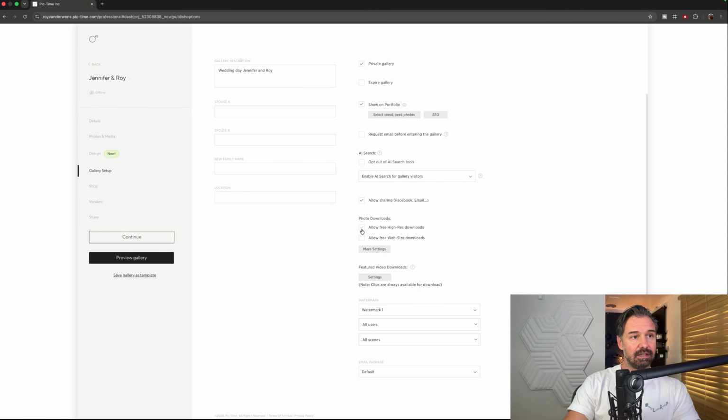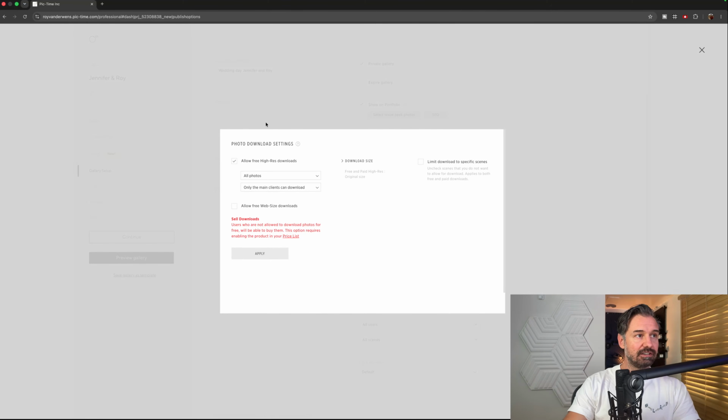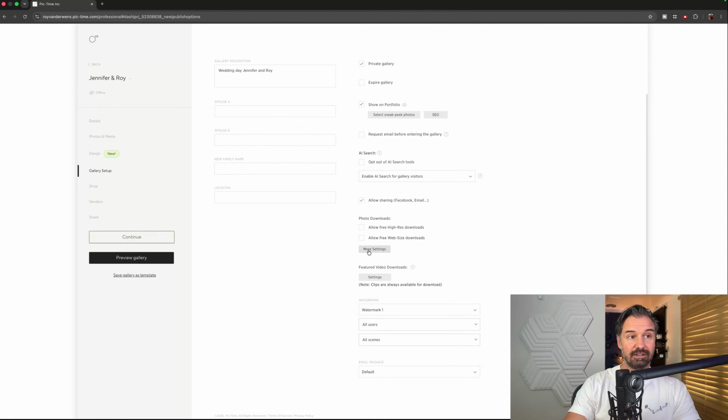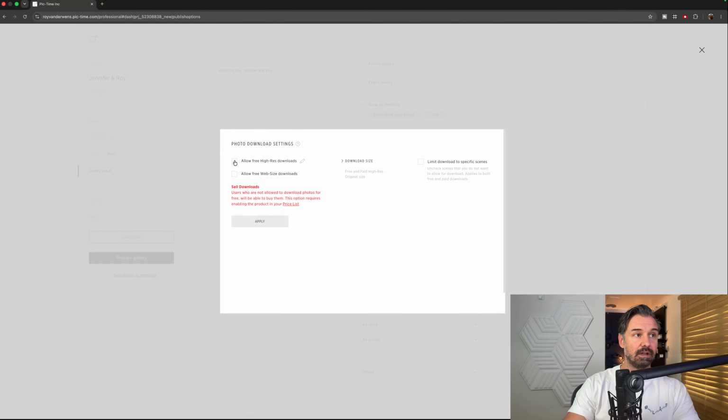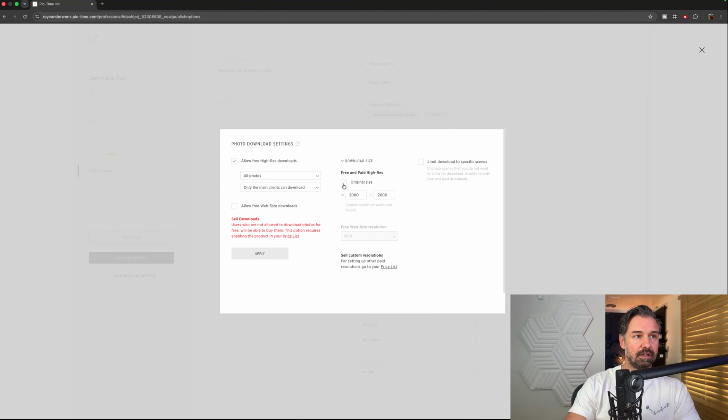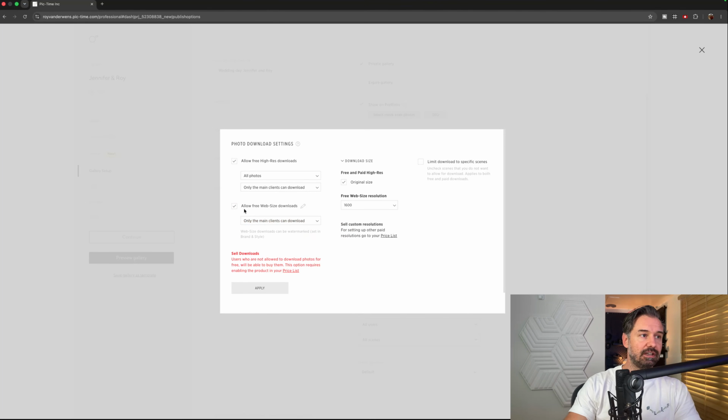Then you have photo download sizes. And again, this is very interesting because I can say, well, allow free high-res downloads, or I can say original size, or I can say you get web size photos, and if you pay more, you get the higher size photos.